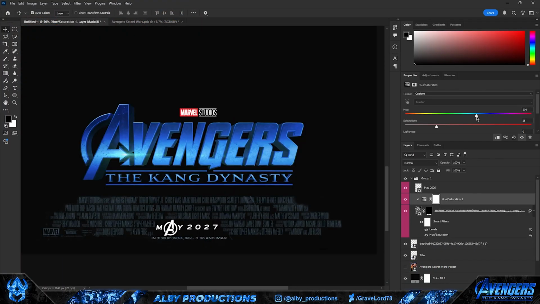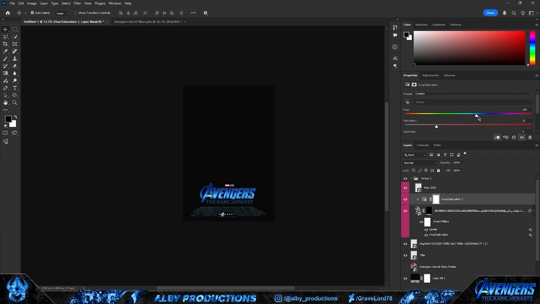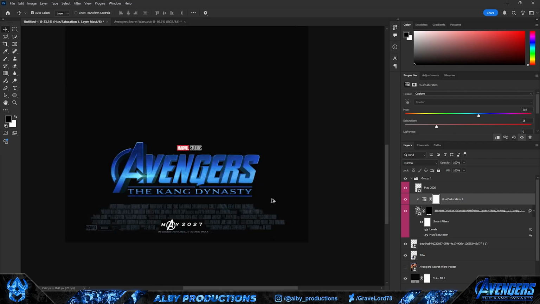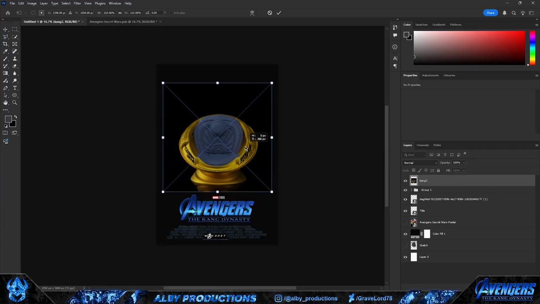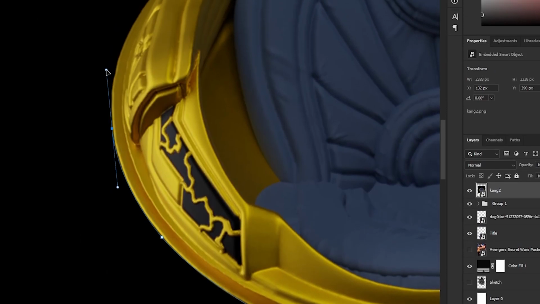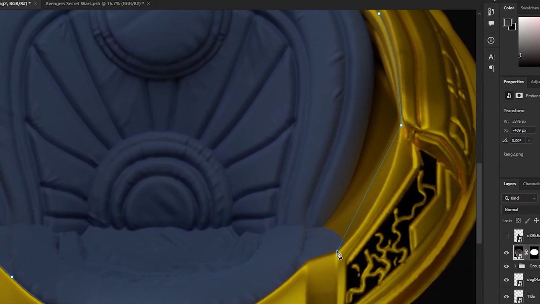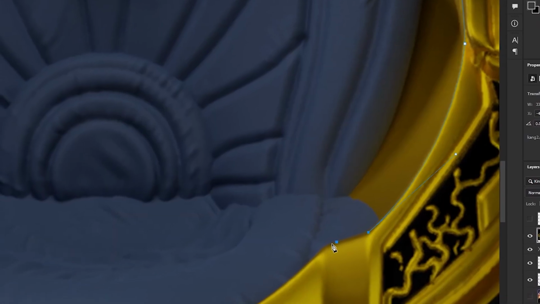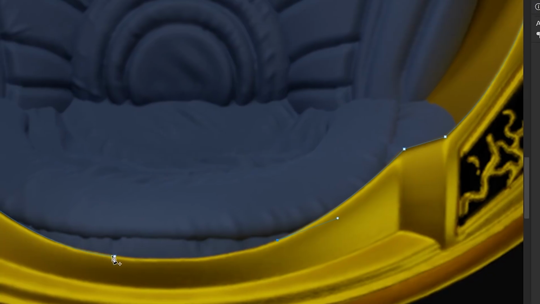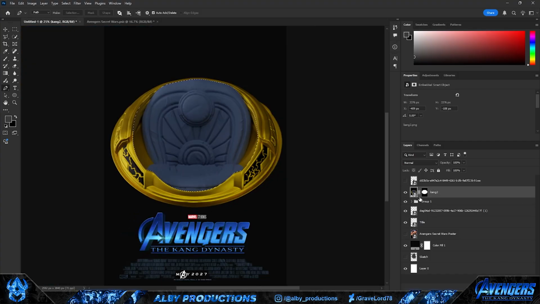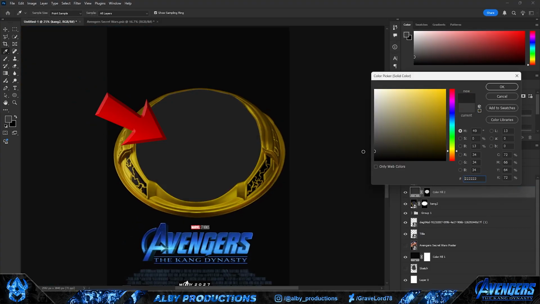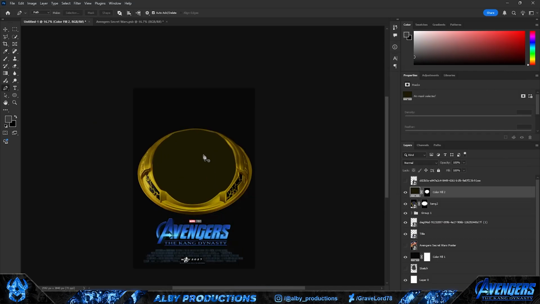Once the main important text was set in place, then it was obviously time to work on the actual poster. So I first started by importing this image of Kang's time chair, which then I obviously removed the ugly background using the pen tool. Once I was done with that, I then started tracing the shape of the inside of the chair using the pen tool. And this was done so that all of the characters that I add later on stay inside of the chair and not outside of it, if that makes any sense.